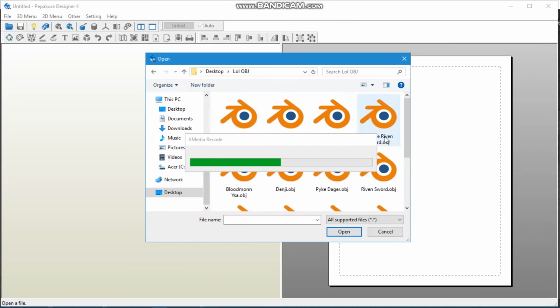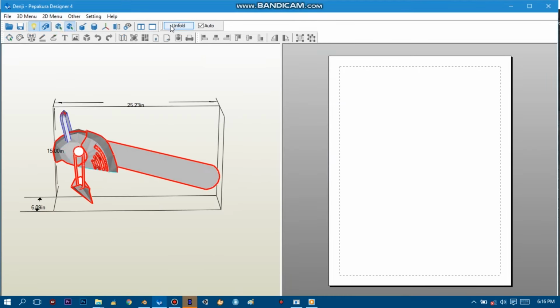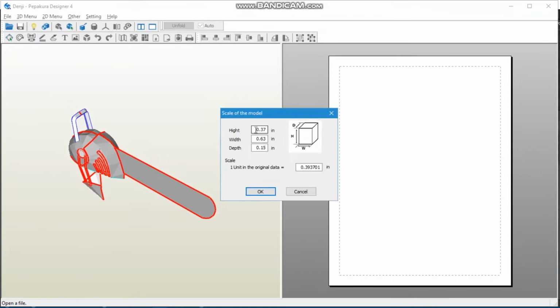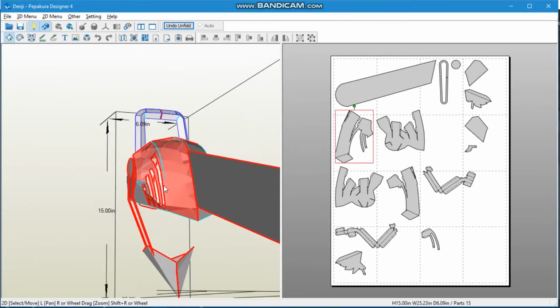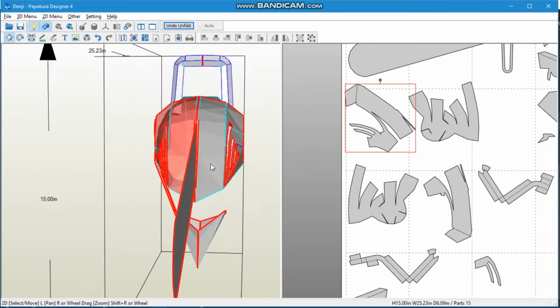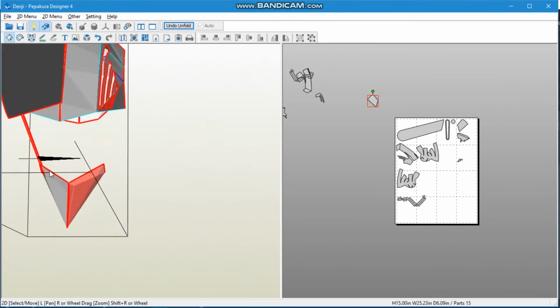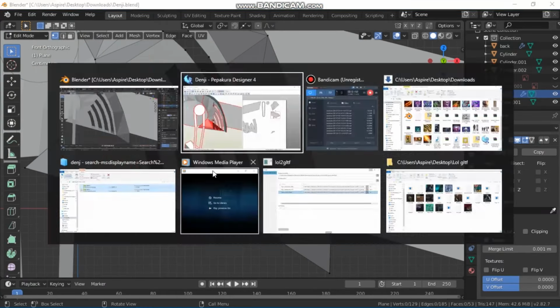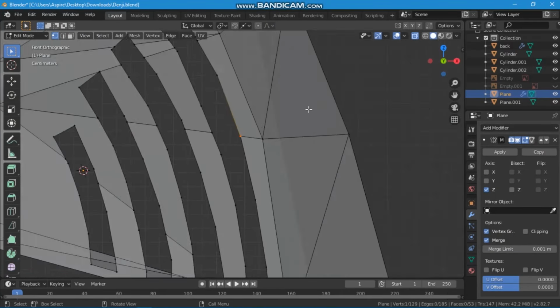So after modeling the mask, I use Pepakura viewer, but you need to buy the editor one, the designer. You need a key for designing on this in Pepakura viewer. So after importing the model,